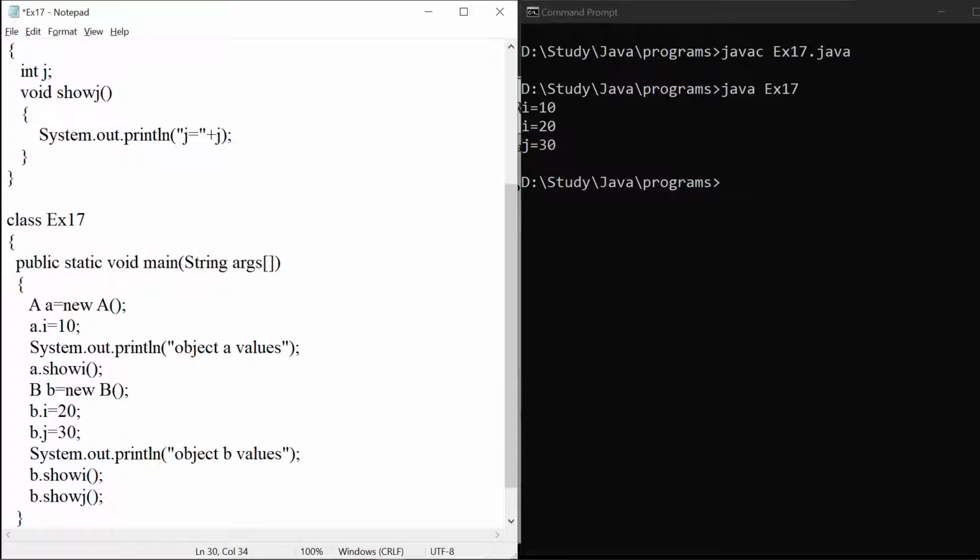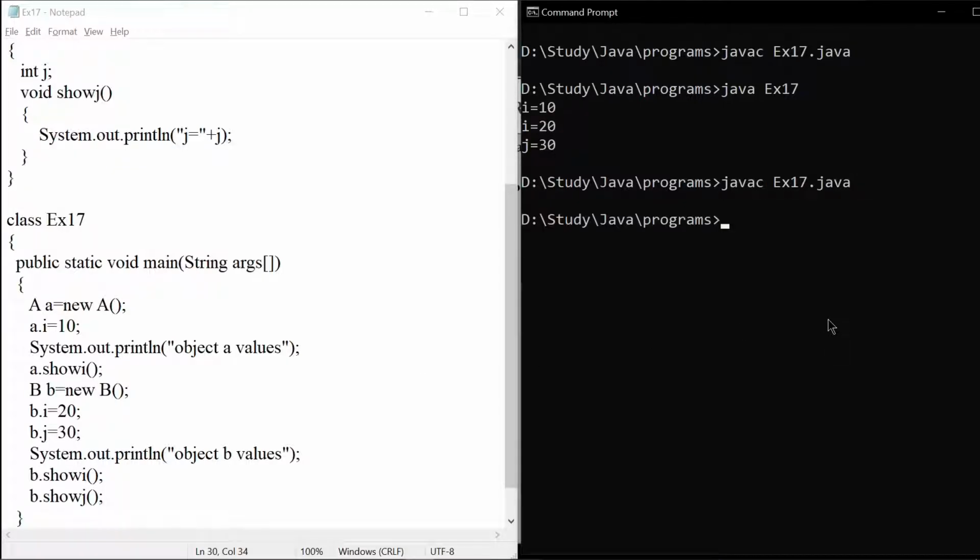Okay, so let me save this and run this program. If you run this program, you can see object A's I value 10, and object B's I and J values have been displayed.